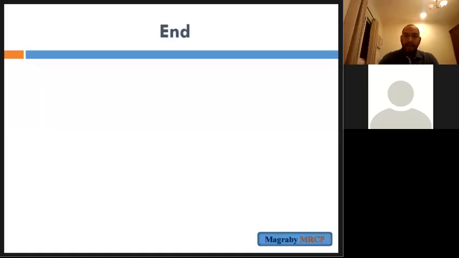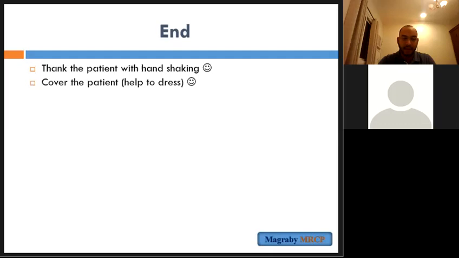After we finish the examination of this patient, inspection, palpation, percussion, auscultation, lymph nodes, we go to the end of the examination. Present your findings and tell the patient to shake your hand as I mentioned before. Cover the patient, sterilize your hands, present your findings, and if you'd like to do another test, you can tell the